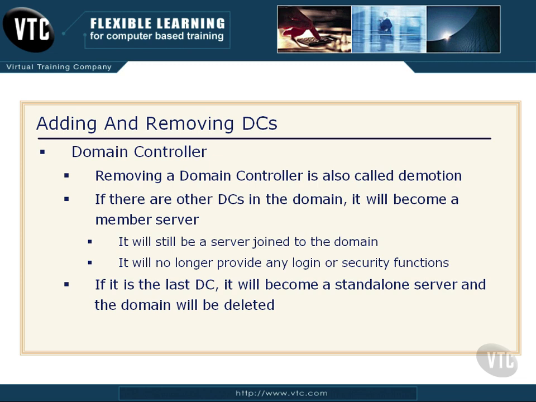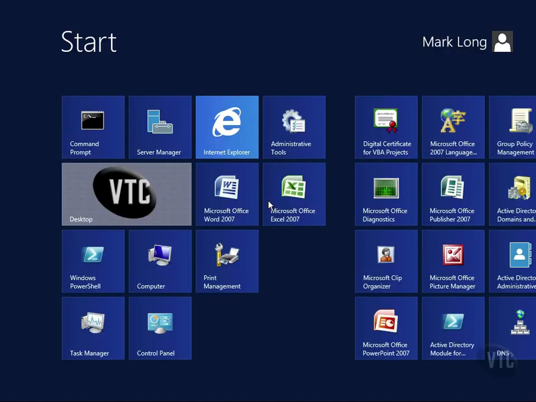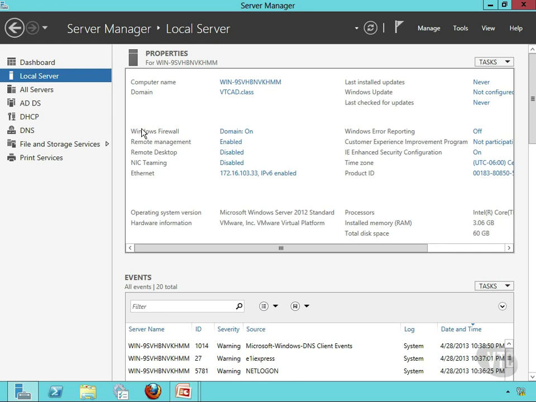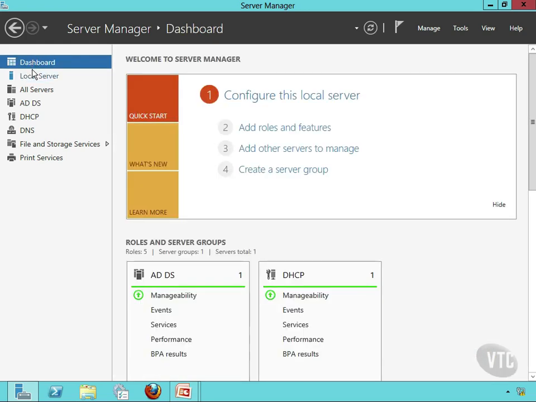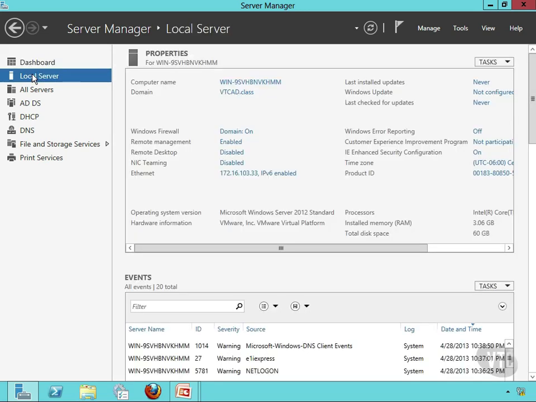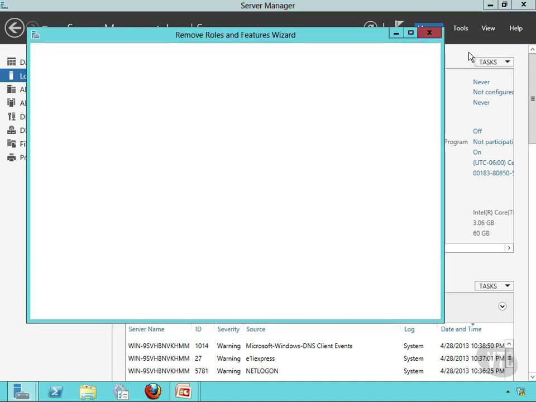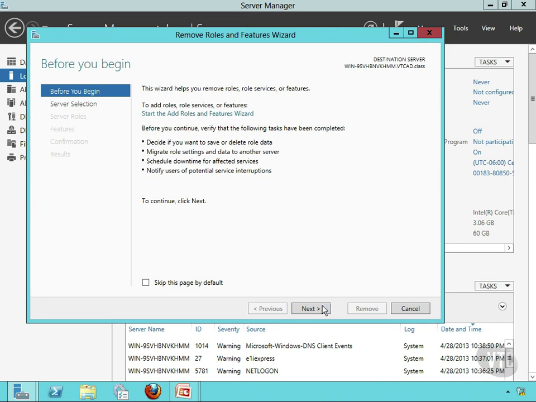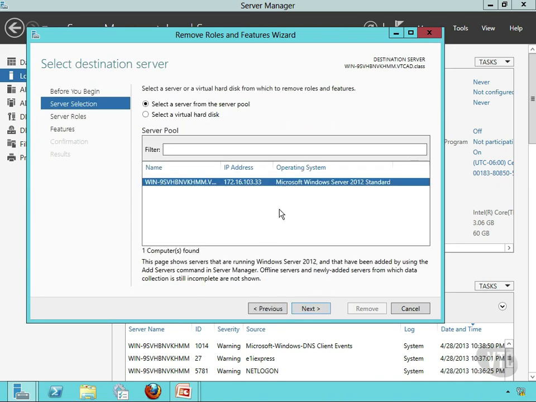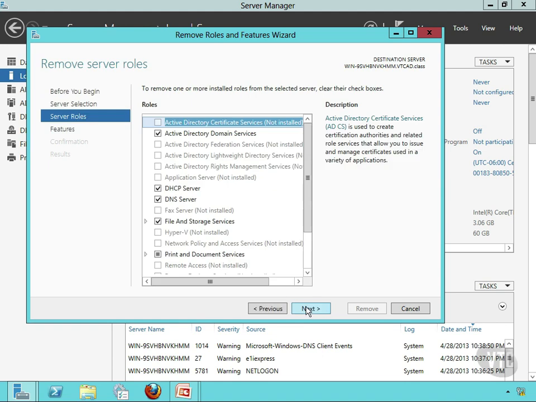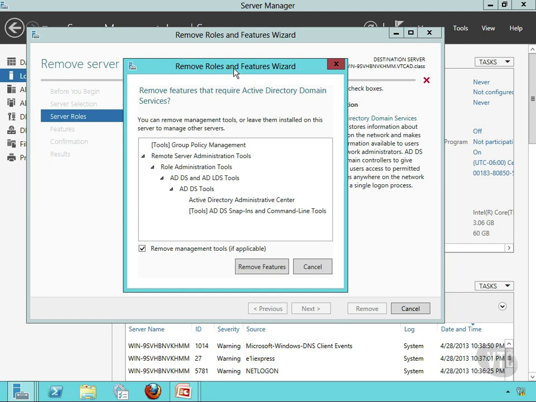So what I want to do here is jump out into the Start menu. I just hit my Windows key, and I'll go into the Server Manager, and you'll notice I'm on the local server. It'll probably come up on Dashboard, and I am in Local Server. And I'll just go over here to Tools. Actually, I'll go to Manage. And notice I'll choose to remove roles and features. Now, I'll just click Next on this first page. That's the server I want to work on. That's my local server. And to remove the server role, notice I'll just clear the checkbox on Active Directory Domain